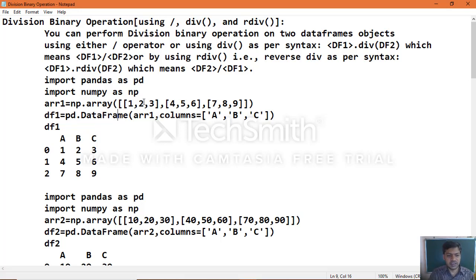The data which we took here is 1 2 3 4 5 6 and 7 8 9, and column headers which we specified, our own column headers A B C. In the same manner, import the pandas module, numpy module, and create array object 2, with data 10 20 30 40 50 60 70 80 90, and while creating data frame object 2, pd dot DataFrame of array object 2 comma column headers, again A B C.